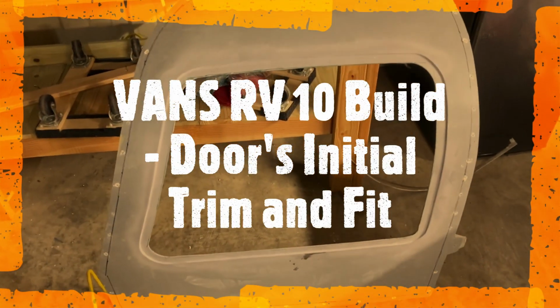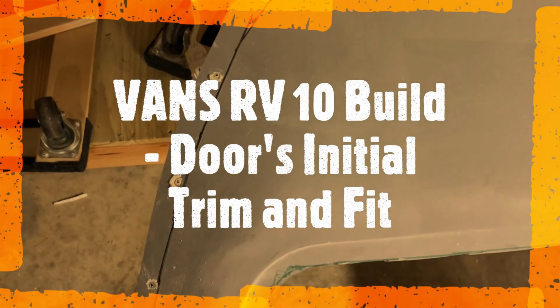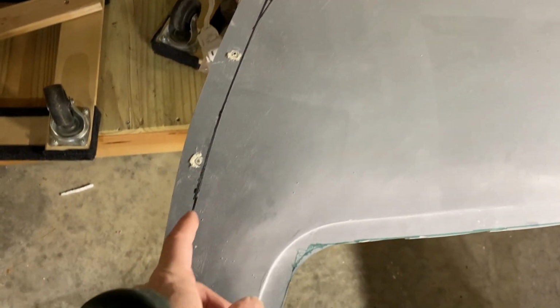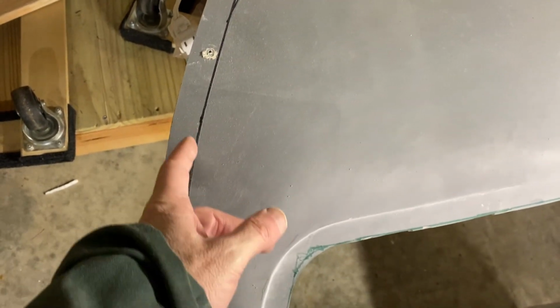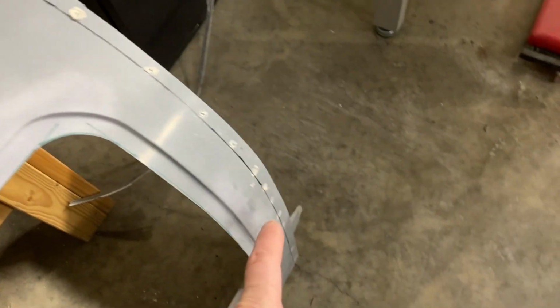Okay, an update on the doors. So I need to cut these out. I've been putting it off for a while, trying to figure out what's the best tool to do it. You'll see I marked a line on here. Two reasons. One, band says within 1/8 of an inch. And also it just makes it easier for me to see the line as I'm cutting because you get a